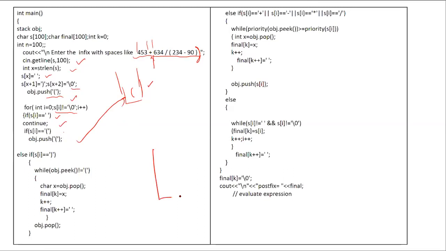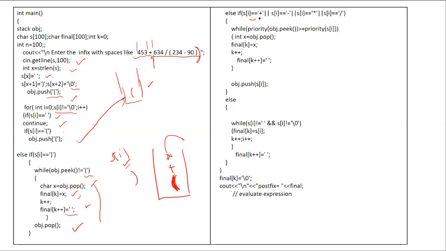If a closing brace is encountered, just like what we have covered in the algorithm, try to find the pair for it. Let us suppose this is the condition: SI is equal to closing brace, try to find the pair of opening braces, and by popping out all the values from the stack one by one till the opening brace is encountered, the popped values are entered into the final postfix expression like this. It is also mandatory to add a space as a separator between the operator and operand values. And at last, remove that opening round bracket out of the stack, which will not be added to the final expression.